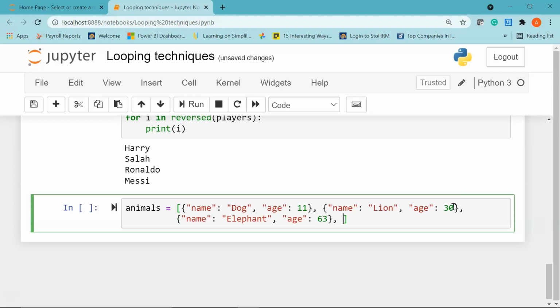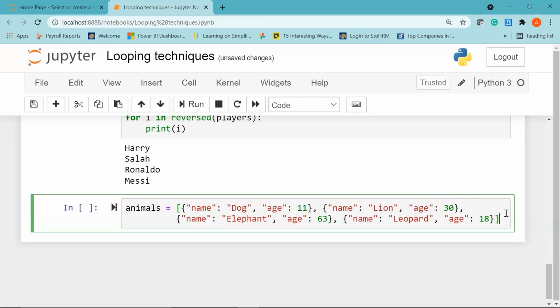I'll give a comma. And then we'll have our final element in the list. Let's say the name of the animal is leopard, give a comma, then we'll have the age of the leopard, let's say the age is 18. So we have our list ready.